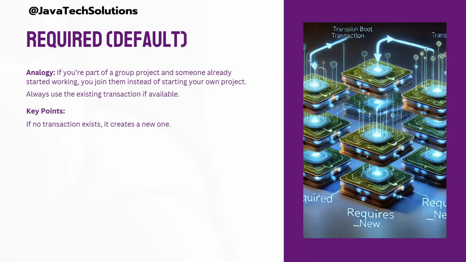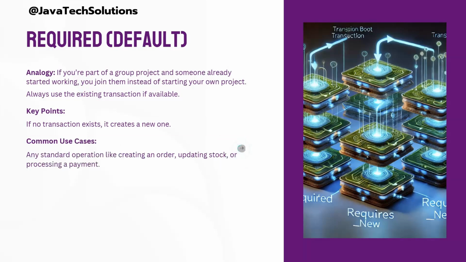If no transaction is active, then it will create a new transaction and do whatever is necessary for the transaction, and the other methods will follow this one. So this is the key point here. Now if we talk about